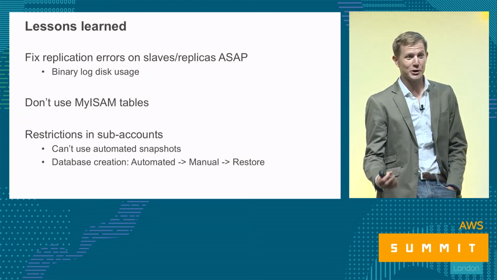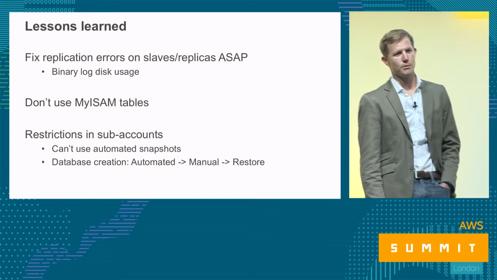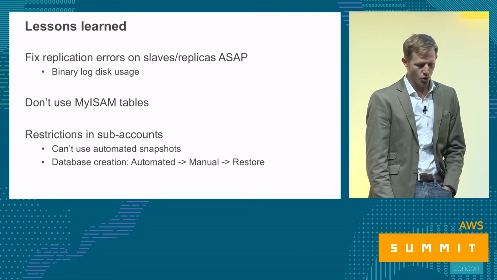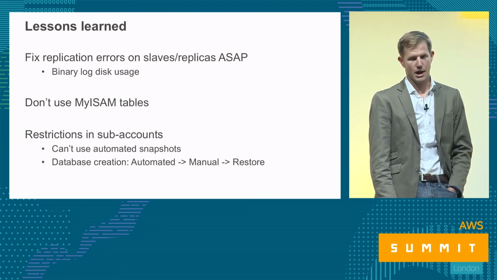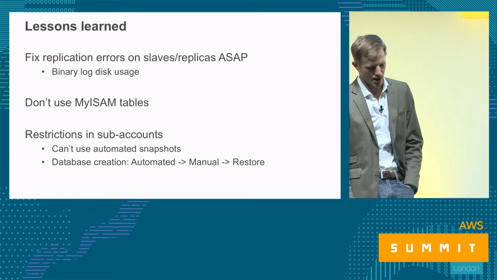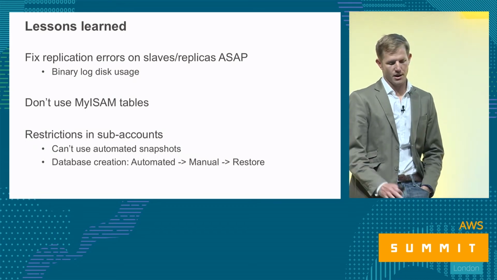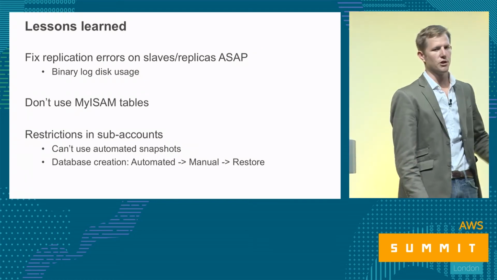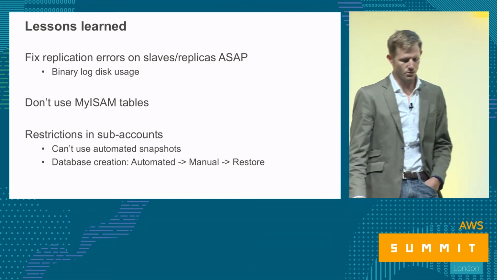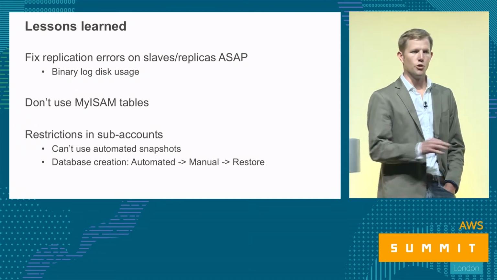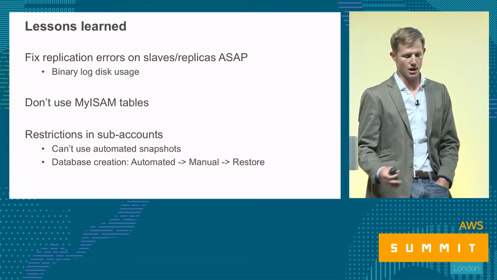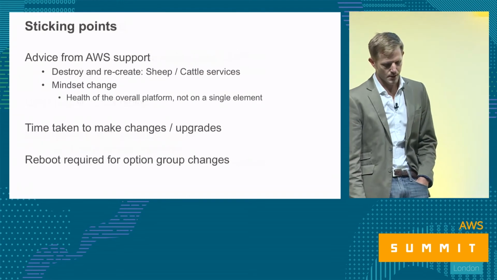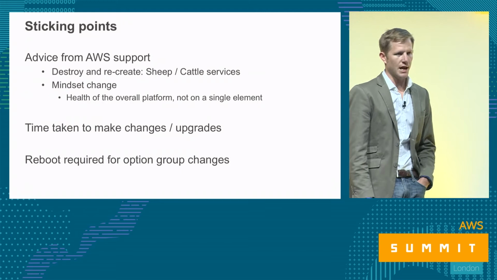Another thing, if you are using MySQL, try to avoid using MyISAM tables. If you do have to, then you'll probably get warnings in the AWS console, but try and use the InnoDB storage engine if possible. And another thing that we've found since moving to having 2 accounts, production AWS accounts and a dev account, just from a security and restriction point of view, is that moving snapshots between those accounts requires an extra step from an automated snapshot. Some of the sticking points which we've had,